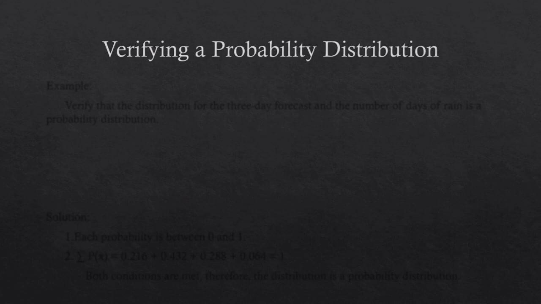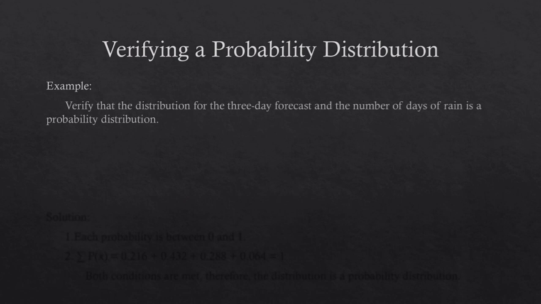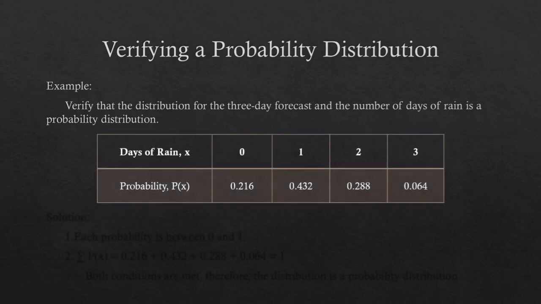So, verifying a probability distribution. For example, verify that the distribution for the 3-day forecast and the number of days of rain is a probability distribution. As you can see in the table, the probability of 0 is 0.216. The probability of 1 is 0.432. The probability of 2 is equal to 0.288, and the probability of 3 is equal to